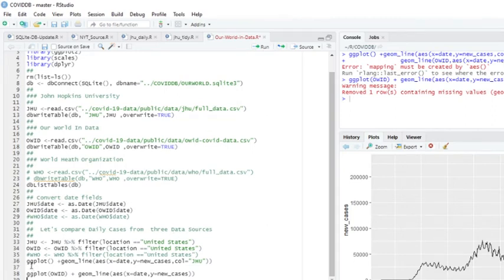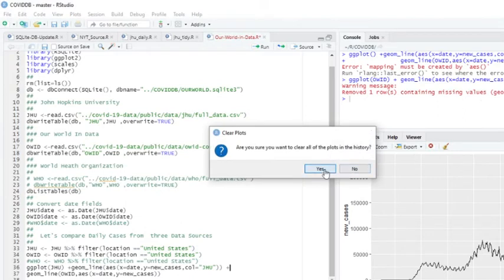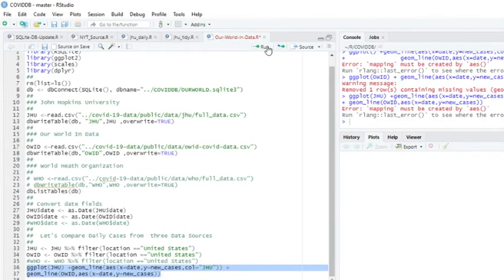Those are basically the same. Well, shoot.